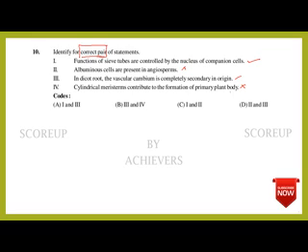Look at this option. Where do you find 1 and 3? Here A is 1 and 3. You should not fix on this option alone. You should go through all the options. So 3 and 4, no. 1 and 2, no. 2 and 3, no. So the answer is A.